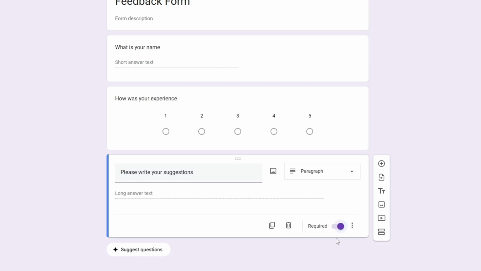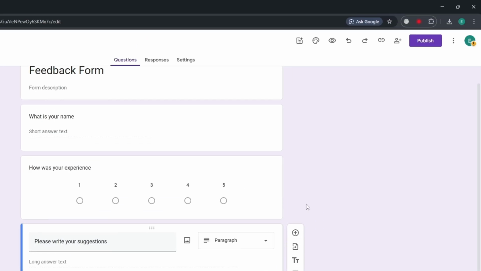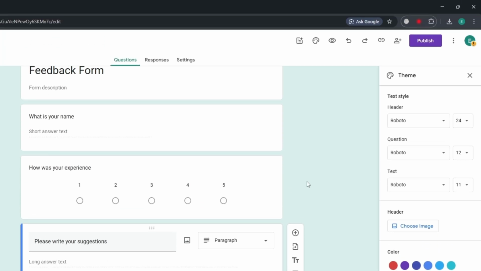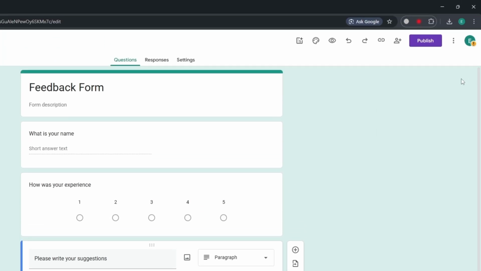To change the appearance of the form, click the theme icon at the top and choose a color or background image. After you finish adding questions, click the eye icon to preview the form and see how it looks to